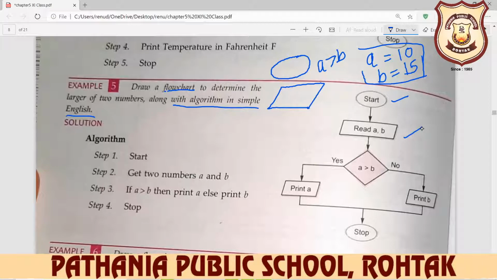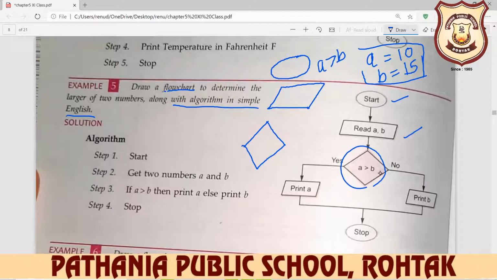For taking the decision, we require the decisional box, the decision making box. And here you write down your condition: A is greater than B.